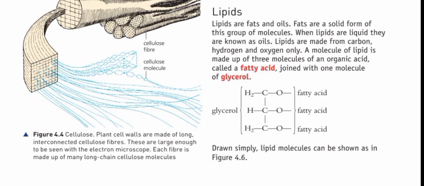Here's the first question, that is, what are lipids. So lipids are the group of biological molecules that include fats and oil. Both fats and oil belong to the lipid group, but they are slightly different in their physical state. Now discuss the physical states. Fats are usually solid at room temperature and oils are usually liquid at room temperature. Even though they look different, they are chemically very similar and both belong to the same group, that is known